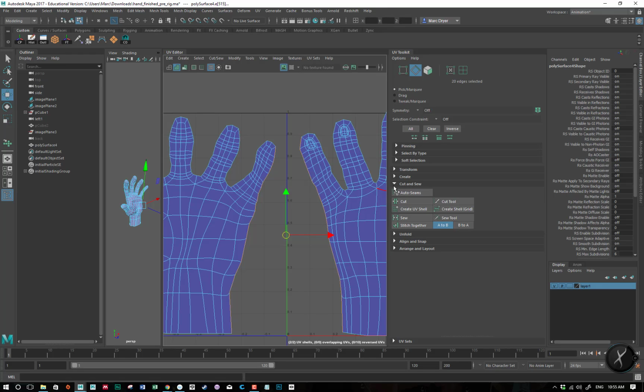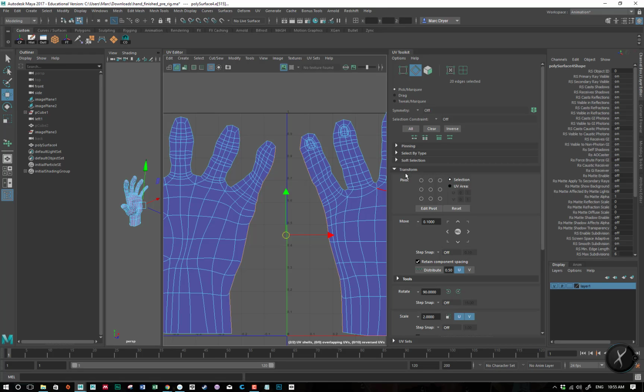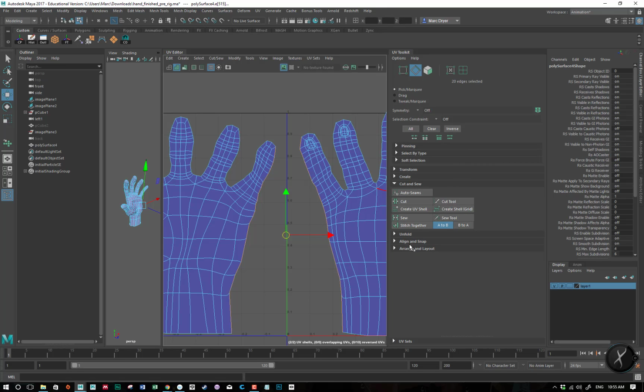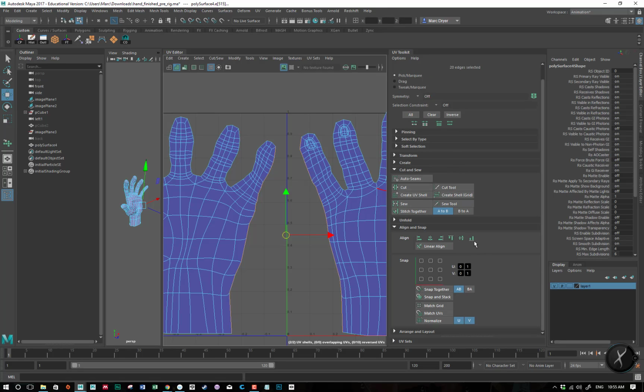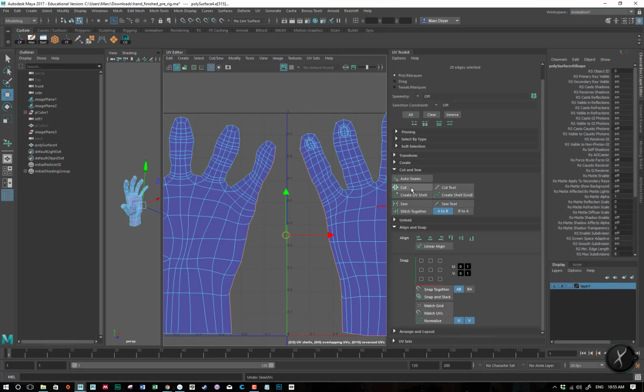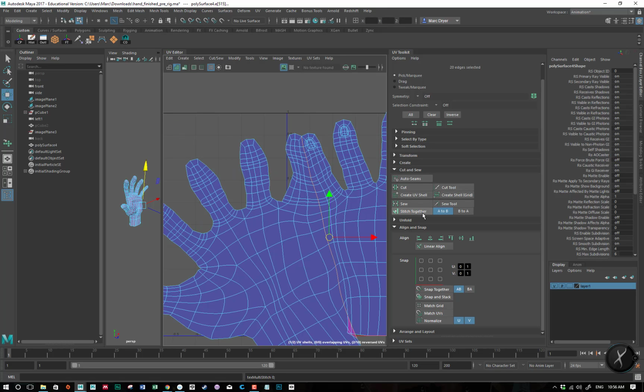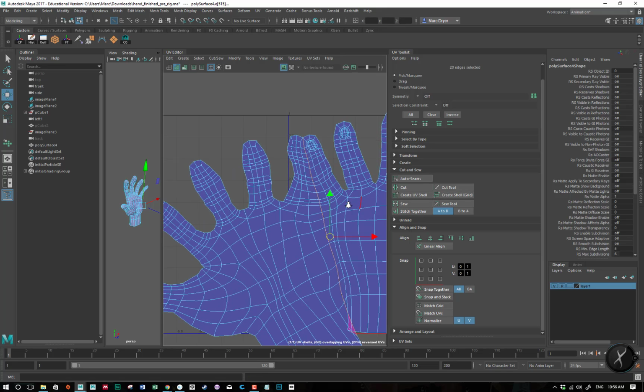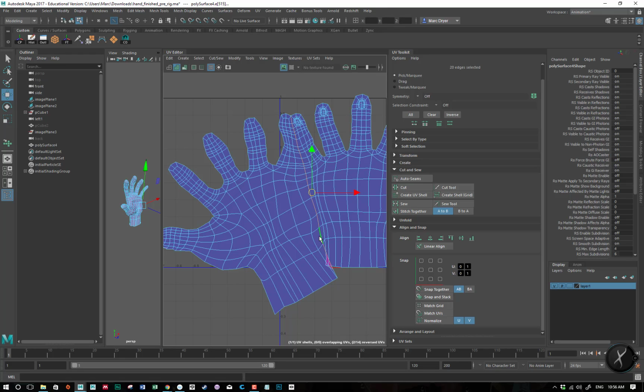And here under the toolkit, we can go to cut and sew. And we can say, oh, okay, this is new, hold on. There should be a move and sew tool. Let's see. So if you just do sew, it's going to stretch it out to meet. There is a move and sew, stitch together. Oh, it's called stitch together now. So stitch together, we'll try to move those edges close together so it's not stretching out these. So it used to be called move and sew. Anyway,